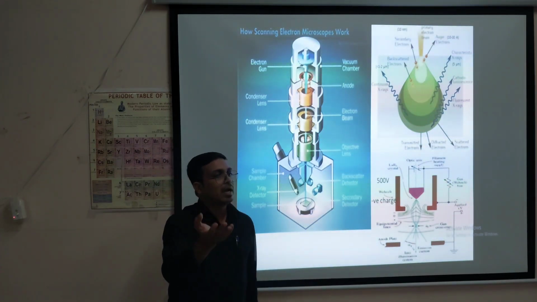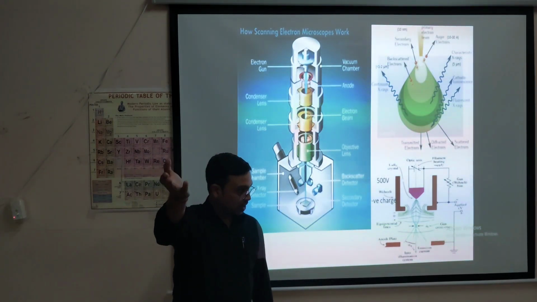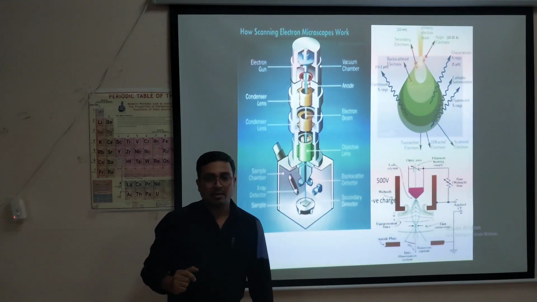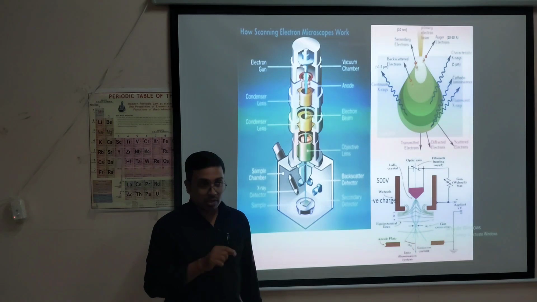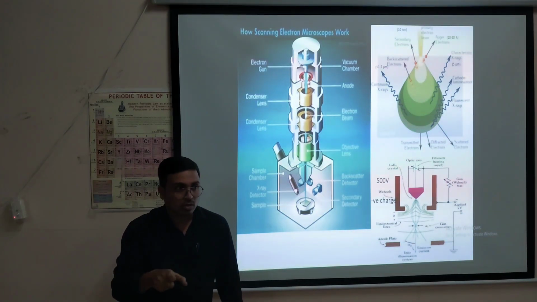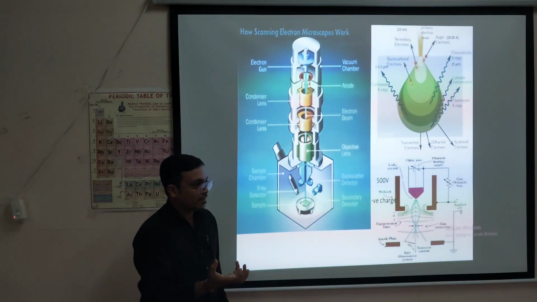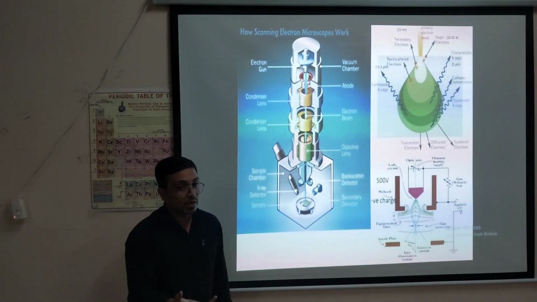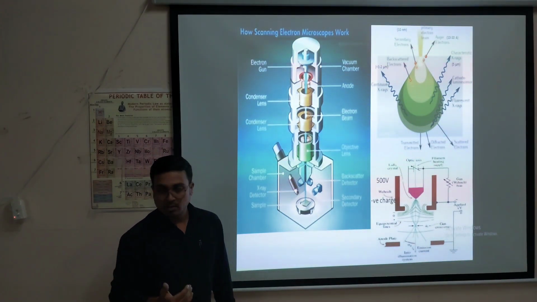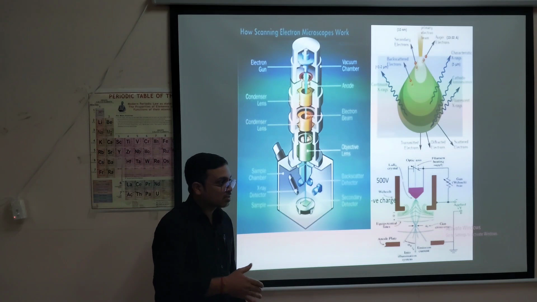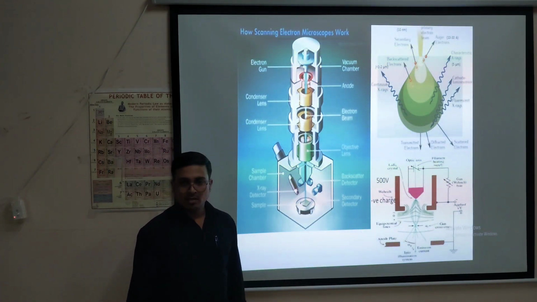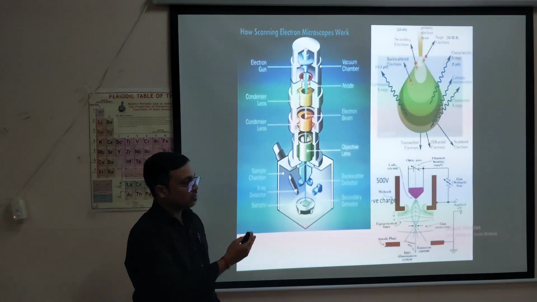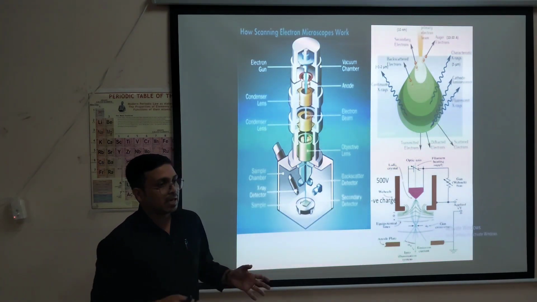So when you visualize the operation of an SEM in our central facility, then only you can have an idea how they scan. They will go for different regions, depending on which type of image you are going to get. What is your requirement? Accordingly they will produce it. Do you follow? So they will adjust this scanning coil. Somewhere it is written raster also. Raster means that the main role is that one.